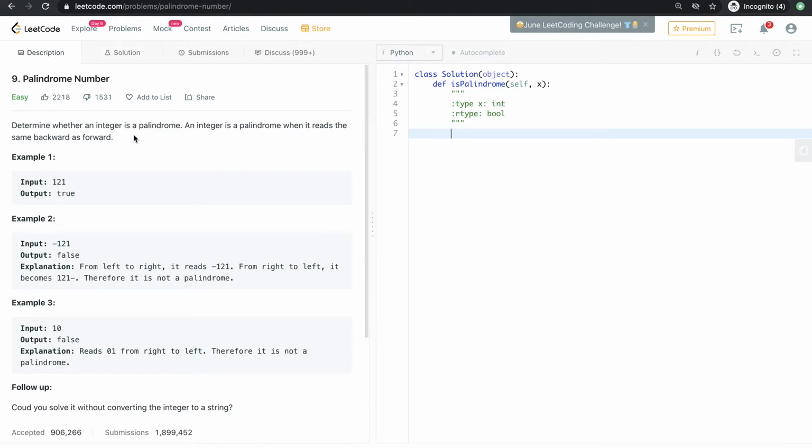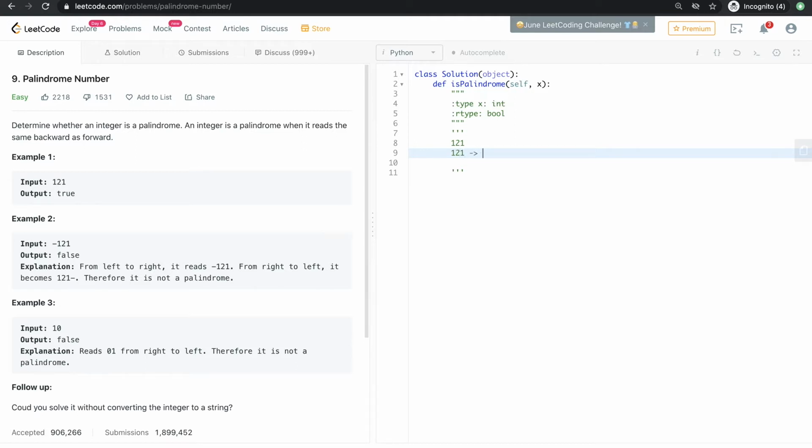All right, for this question, basically the idea is you're given some number x. We're going to find out if the number is a palindrome, which means it's basically the same forwards or backwards, right? So some examples would be like 121. If you take 121 and flip it around to backwards, it's 121, so it's still the same,